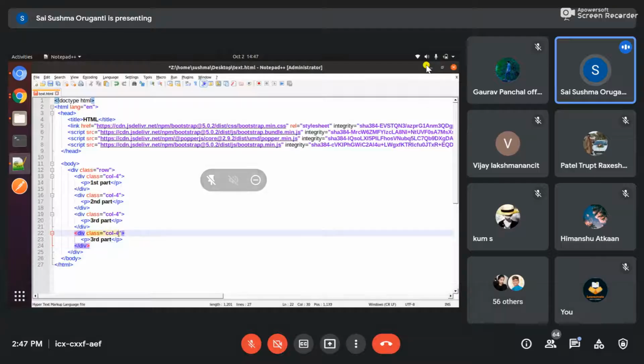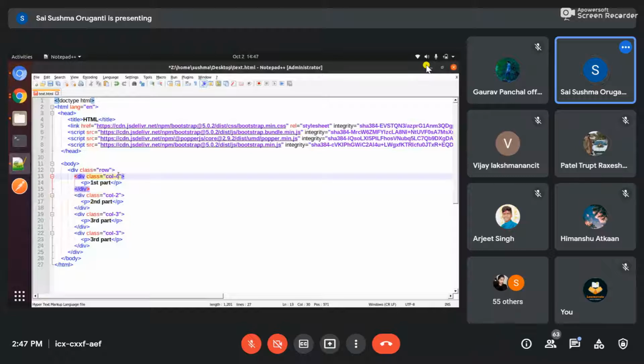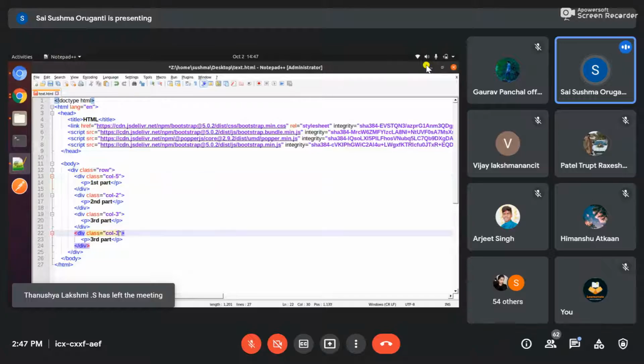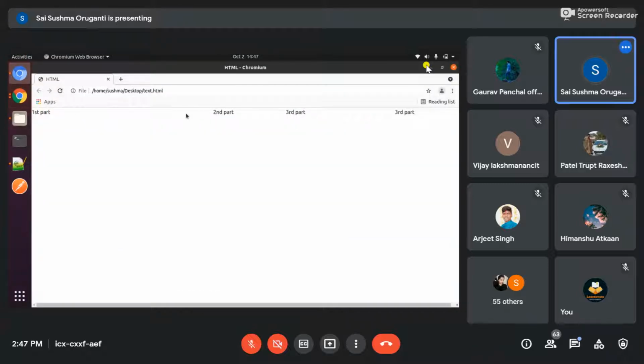You need not give equal numbers here. You can give whatever you want. See, I will show you. Here I have given 3, right? Here I will give 3 itself, and here I will give just 2. Here I will give 5. 5, 7, 10, 13. 13 it has become, right? So I'll give this also 2. See, the first column will be 5, so it takes more space. Second column 2, third column 3, and the last column 2. See, first is 5 up to here, second is just this much, third is 3, so this much, fourth is just 2.